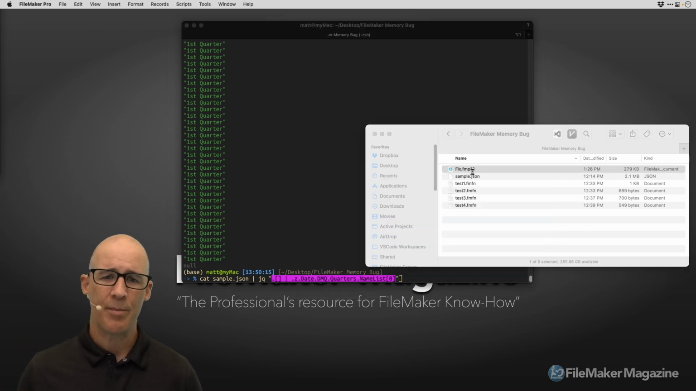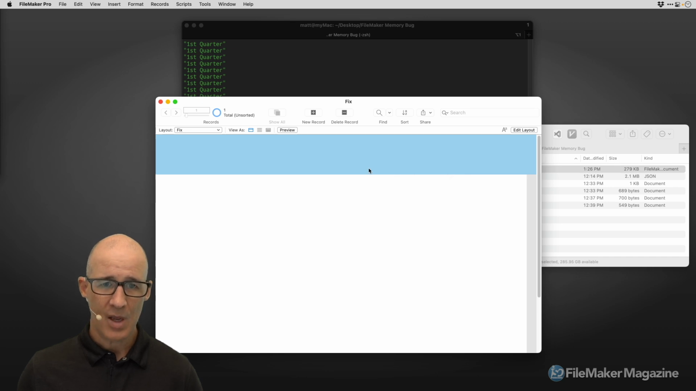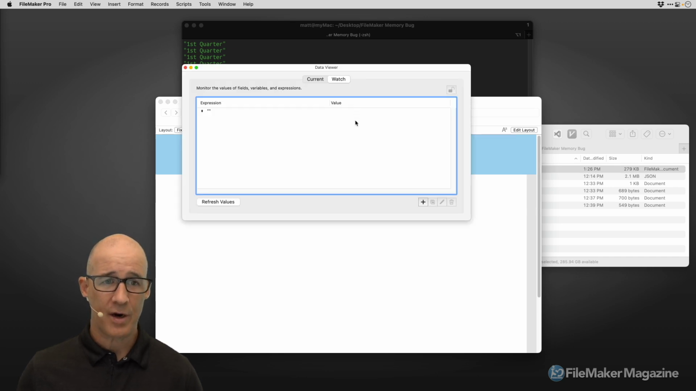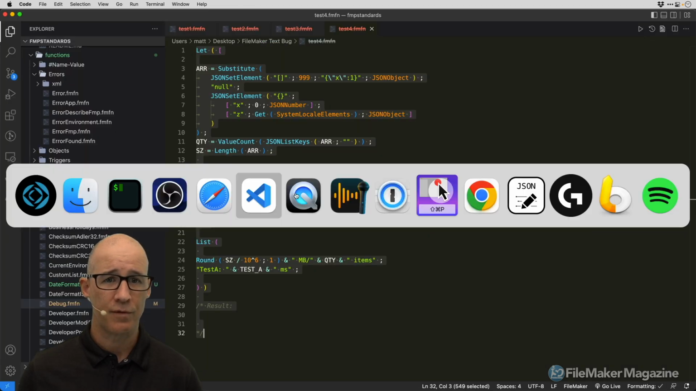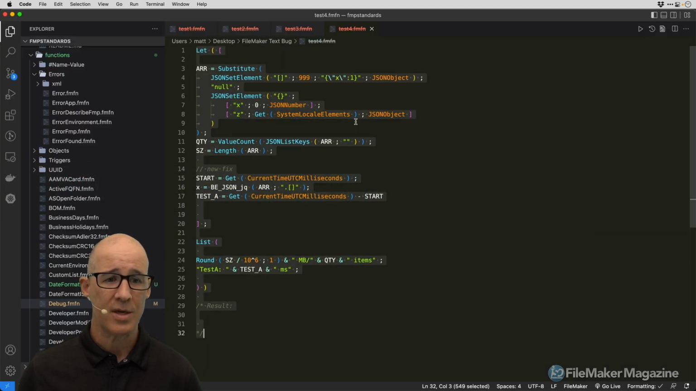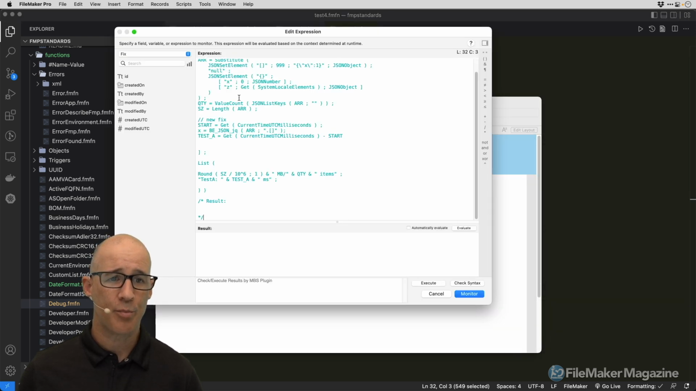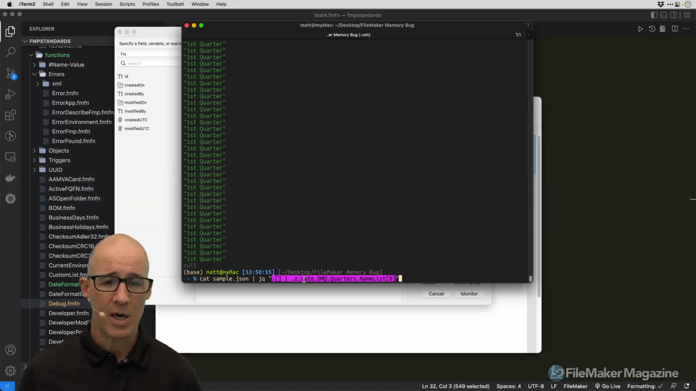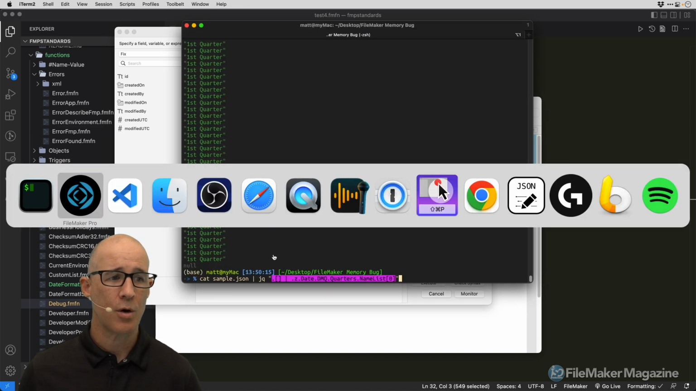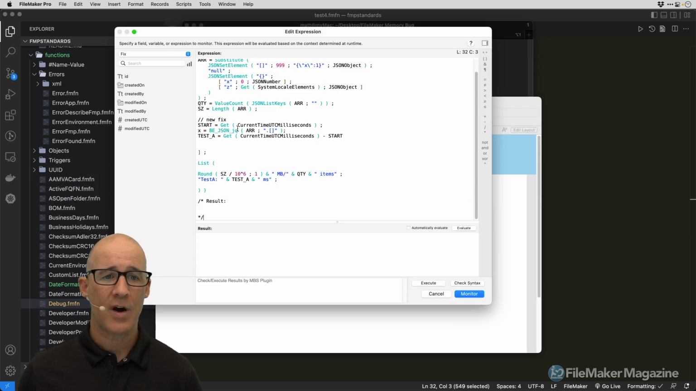So as we open FileMaker back up, and we're in our watch variable, we need to go over to Visual Studio. We need to copy this. We're going to go into our variable. We're going to paste everything that we have there. I'm going to go back to the command line. We're going to copy my filter there, go back to FileMaker, and finally say,